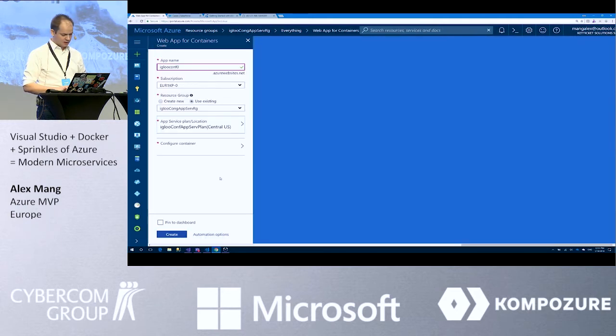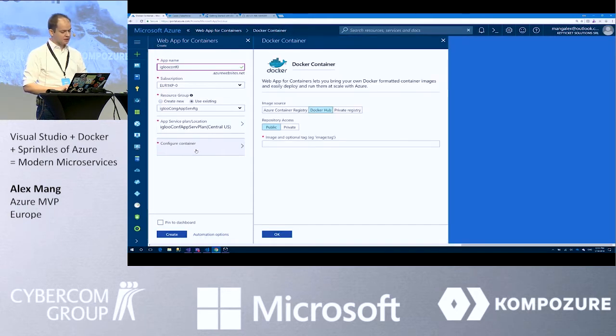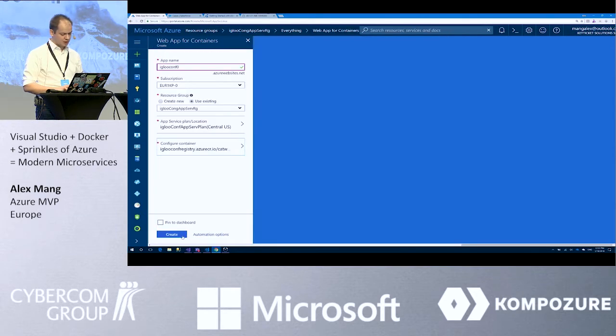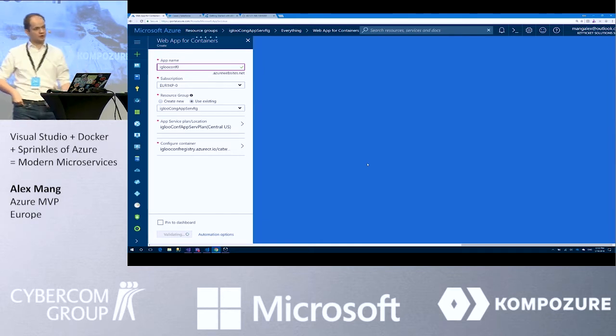Click OK. There we go, and configure container. And this is where the magic happens. Basically, now I will only specify, hey, I want to run the container image based on the IglooConf registry. I will choose my image to be the cat web, and I'll choose the igloo tag I created earlier and pushed earlier from my machine. So if I click create, roughly within a few seconds, I will have my application up and running in the